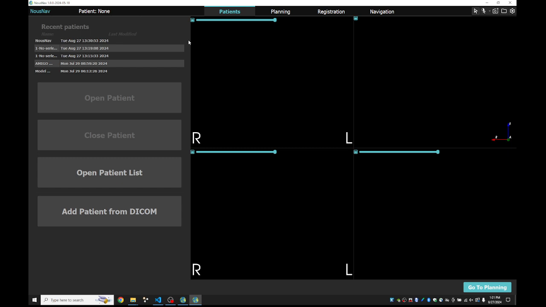Upon opening NousNav, you enter the Patients tab, in which you can either add new patients or open previously loaded patients. The specific buttons include: 1. Open Patient. If a patient has been previously added to the NousNav DICOM database, using the Add Patient from DICOM